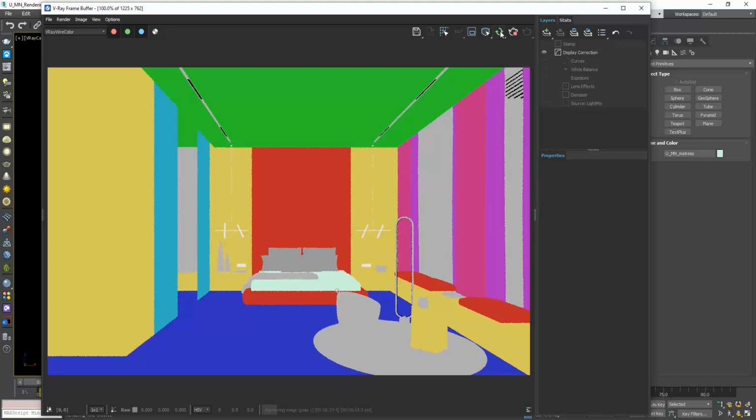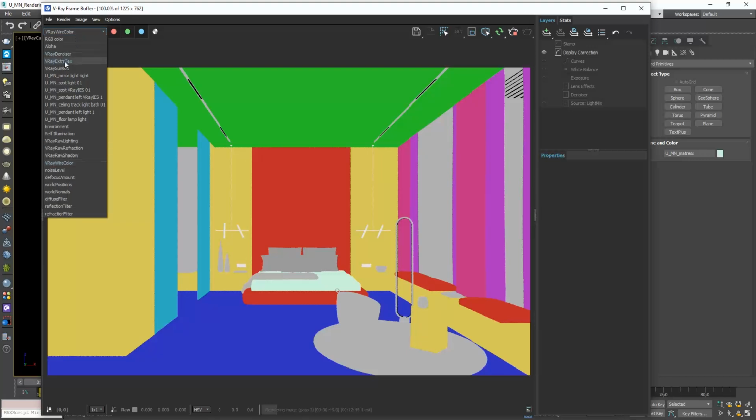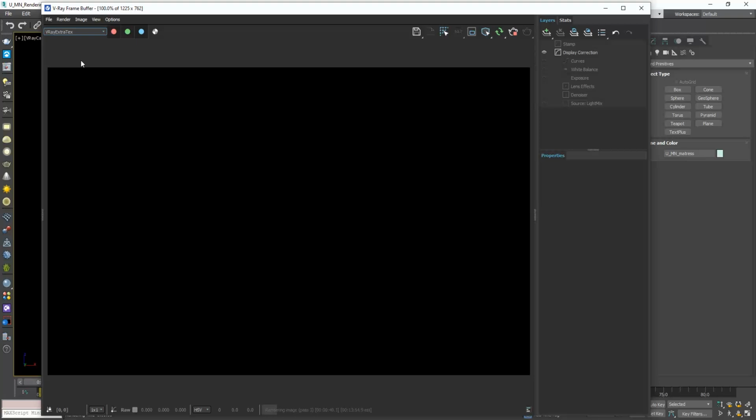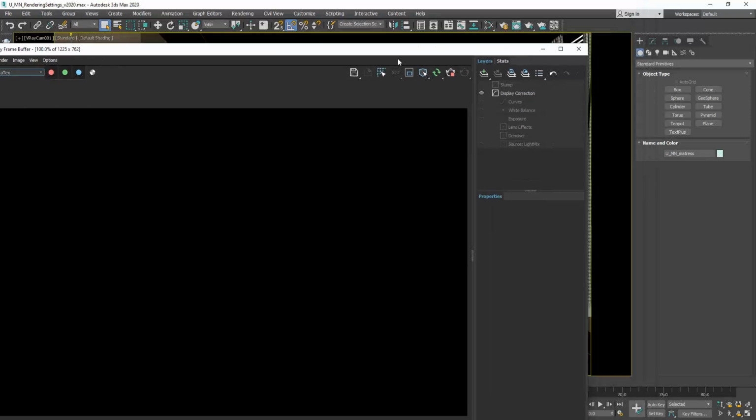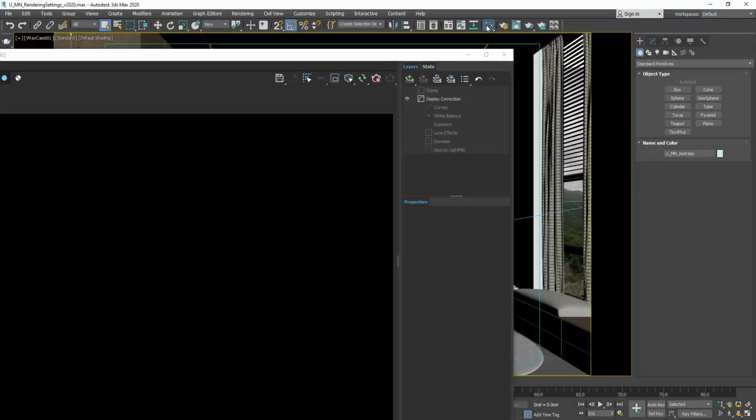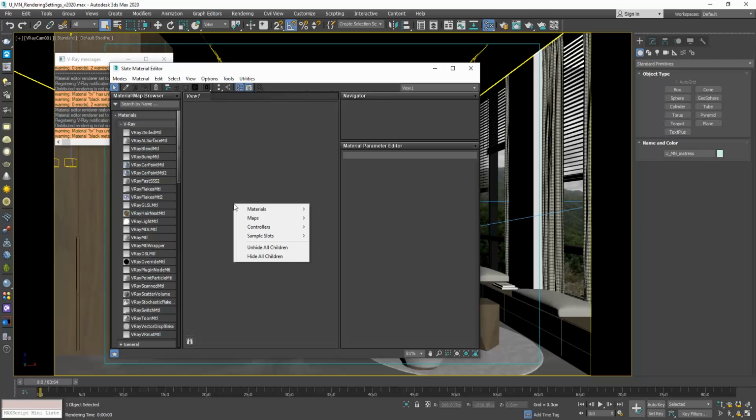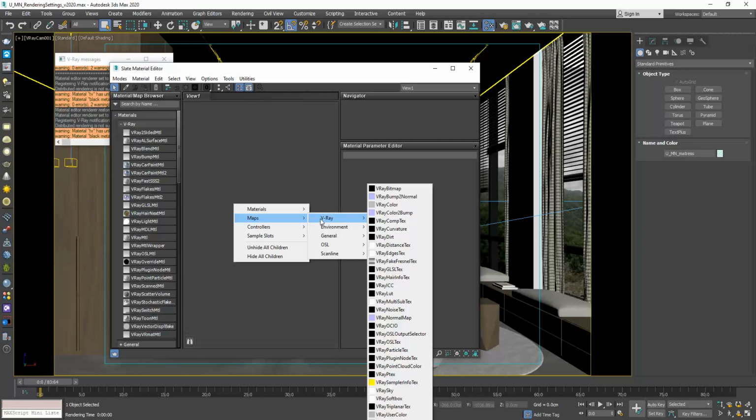Next element we will see is the V-Ray extra text. If you click here, you see that by default we get a white image. For this element to work, we also need to add a dirt map. Open the material editor, right click and choose Maps, V-Ray, V-Ray Dirt.